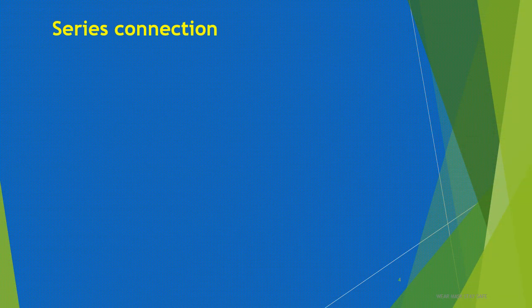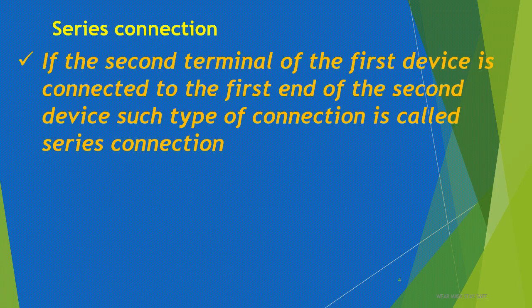Now let us see what this serial connection is. What is actually a serial connection? You might have seen those bulbs. How many terminals will be there? There are two terminals, one a positive terminal and one a negative terminal. Now the second terminal, either the positive terminal or the negative terminal, should be connected to the positive terminal of the other bulb. Or if you have taken the positive terminal, it should be connected to the negative terminal of the other bulb, or negative terminal to the positive terminal of the other bulb. So they will be connected, and so on.